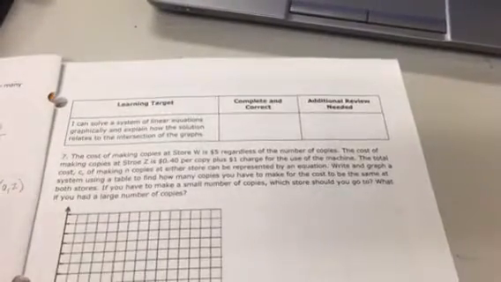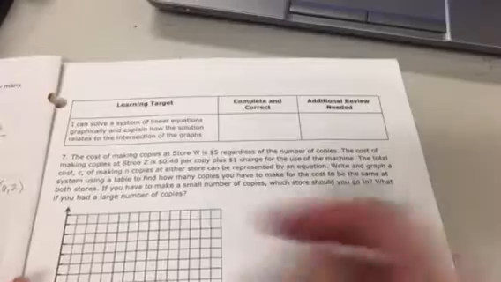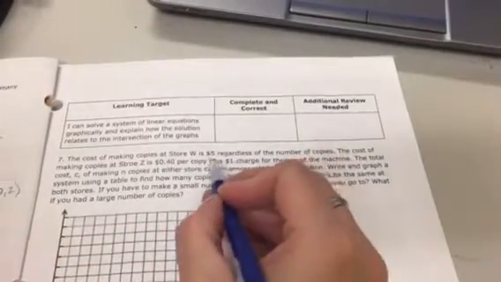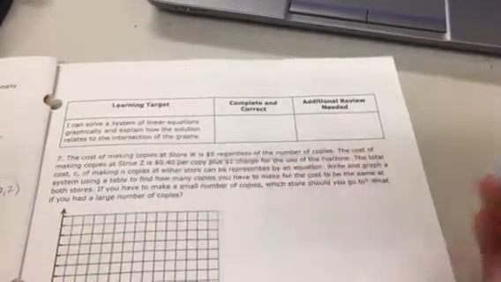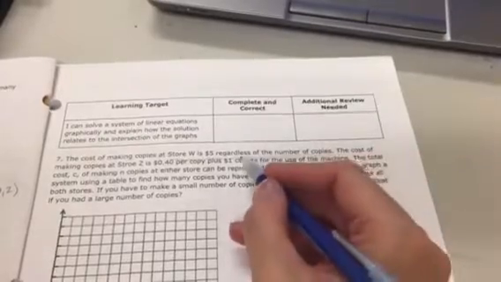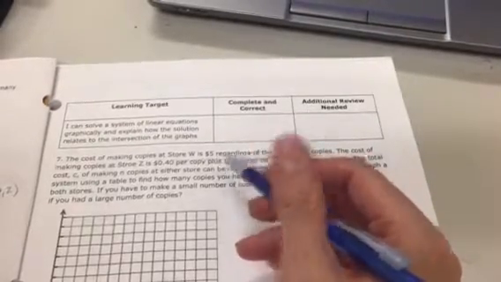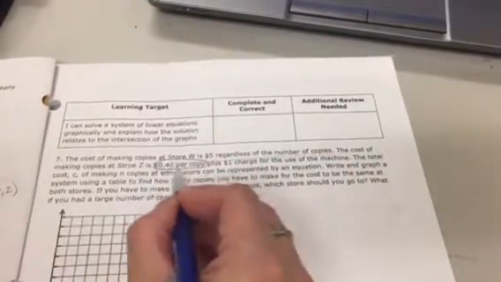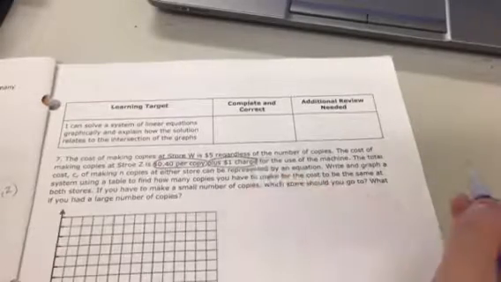All right, number 7 says, the cost of making copies at store W is $5 regardless of how many copies you make. So you can make 1 copy and it's $5. You can make 20 copies and it's $5. The cost of making copies at store Z is 40 cents per copy plus a $1 charge for the use